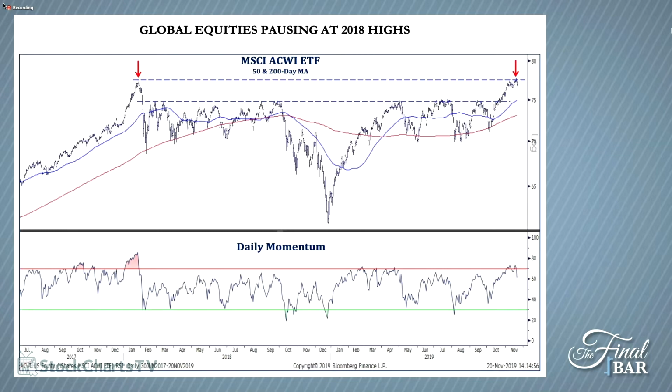I'm very curious with this last chart, looking at All Country World. If you're thinking a pullback makes sense because of resistance, thinking it would be buyable if it gets down to 75, what does that mean about the U.S. versus global markets? Is that a signal to tilt more internationally than you would have otherwise? Is there some way that you would look at U.S. versus non-U.S. and make that call between the two? How do you think about, or how are you coaching your clients to think about that?